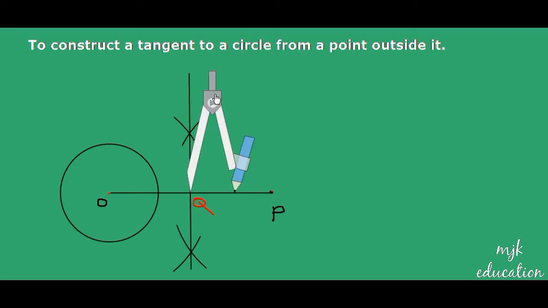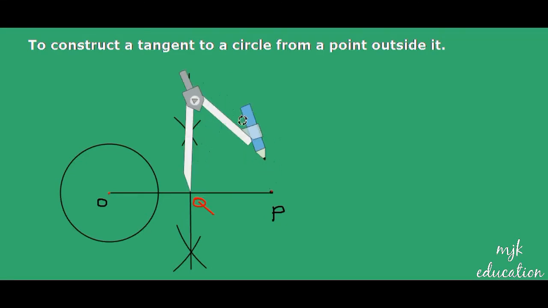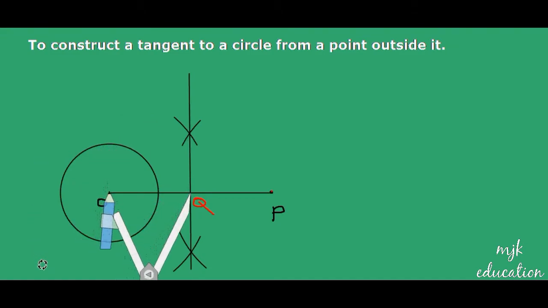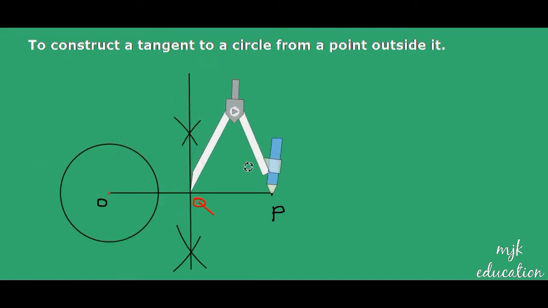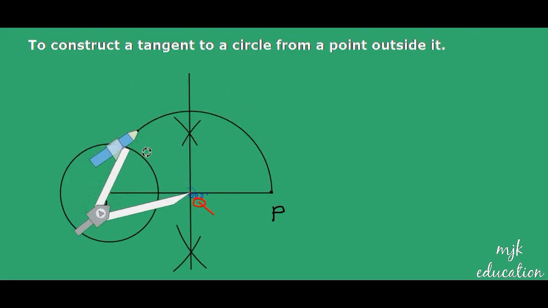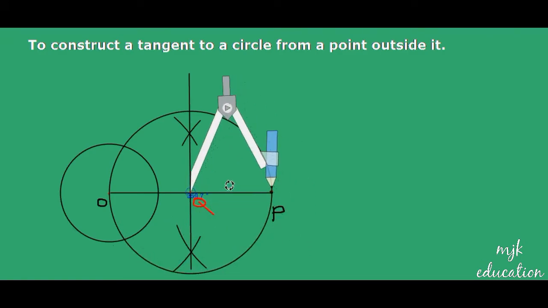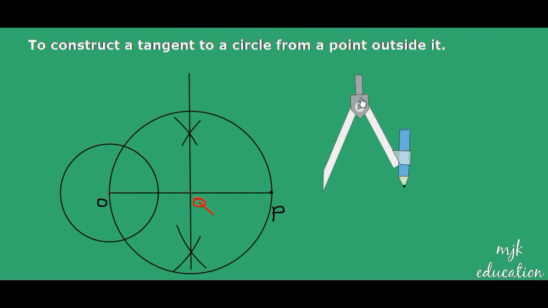Taking point Q as the center and QP as the radius, I will draw a circle like this. Roughly I am showing you, I have to draw the circle which will go through the point O. If your circle is not going through the point O, it means you have made some mistake. See, I will make a circle and it is going through points O and P, and this new circle will intersect the old circle at these 2 points. These are our required tangent points.